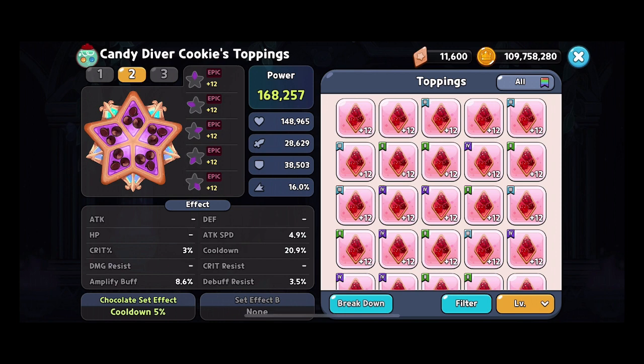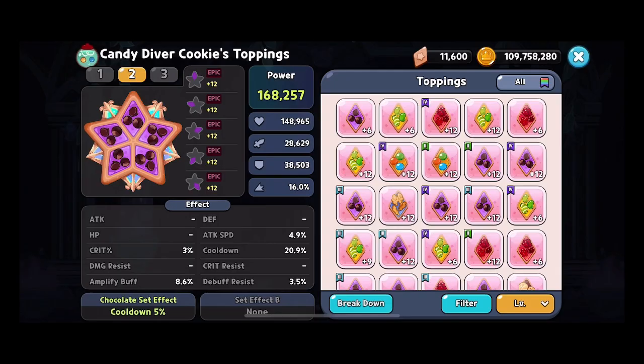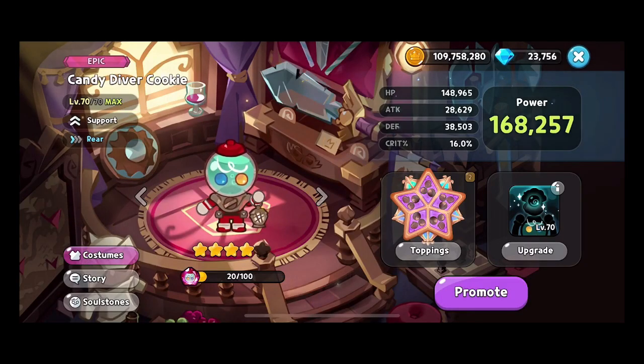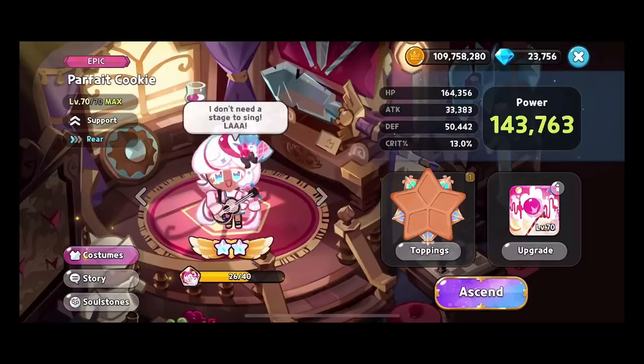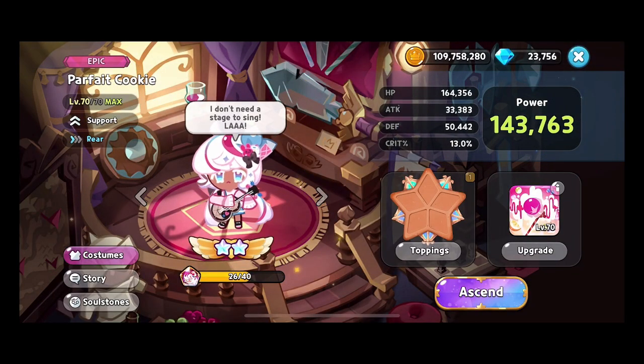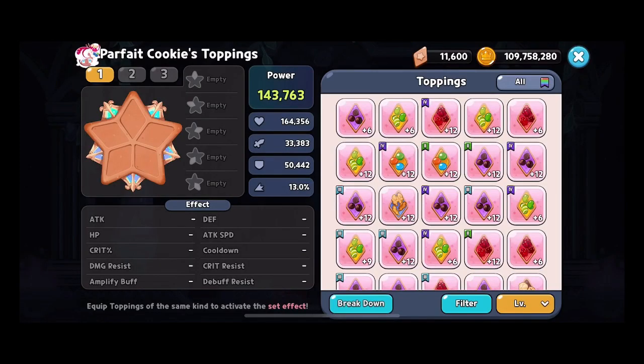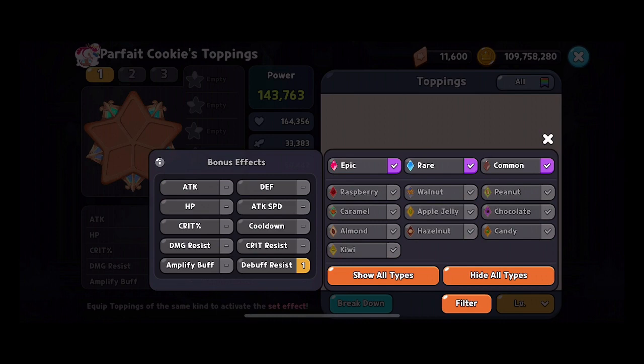Debuff resistance, this one's a tough one. I'm actually a little bit disappointed in this one. The reason why is that debuff resistance does have a cap. That was introduced when Parfait was introduced, and I really think that they need to remove that cap. Here's the reason why. If you go into the toppings and you look at debuff resistance, so you look at kiwi toppings,